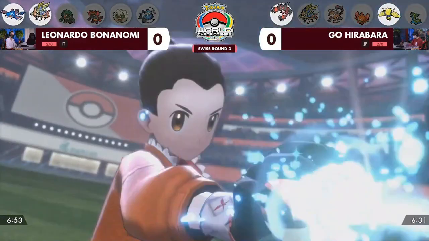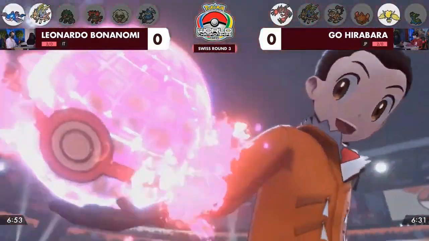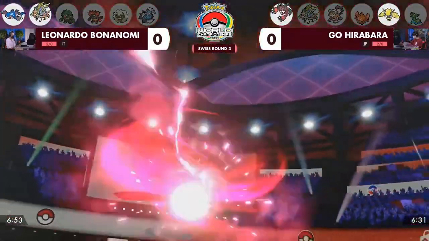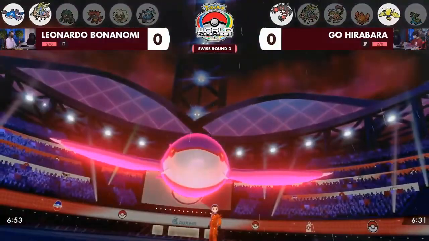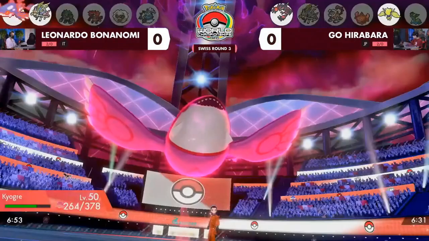And what is that Yveltal held on? We got to find out. Is it Black Glasses, Assault Vest? That's what Leonardo really needs to fish for, that information these first couple turns. Yeah, especially since the Regieleki and the Yveltal can have quite a few different looks. A great way to just find out is to apply that early pressure going into this,